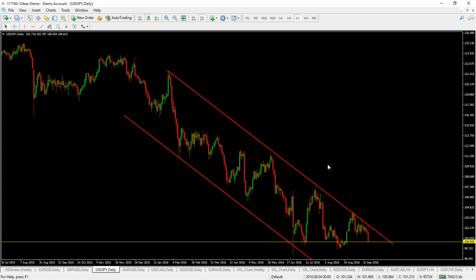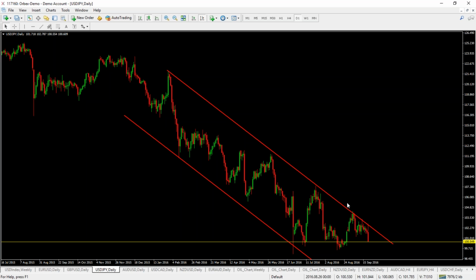Moving on to look at the dollar yen then, and the dollar yen, a very interesting chart at the moment. Obviously last night we had the Bank of Japan's September monetary policy meeting, which saw the bank refraining from introducing any further rate cuts. However, they did introduce a new policy framework, QQE, with yield curve control. And essentially, this sees the bank shifting focus away from expanding quantitative easing and instead onto targeting a steeper yield curve. Now, the reaction in the dollar yen was quite subdued.